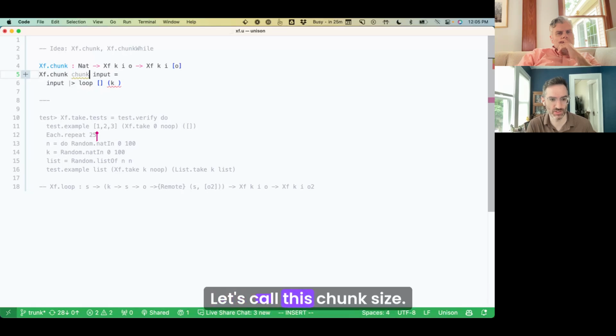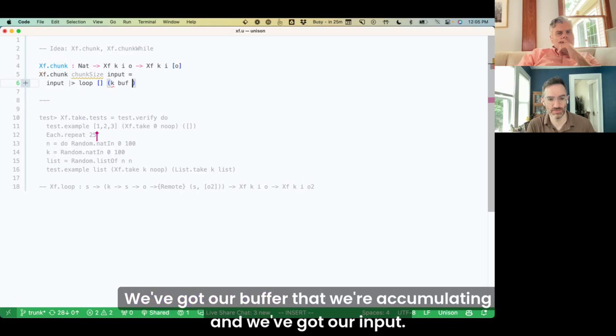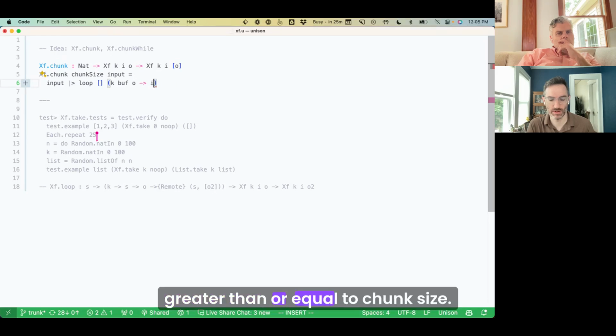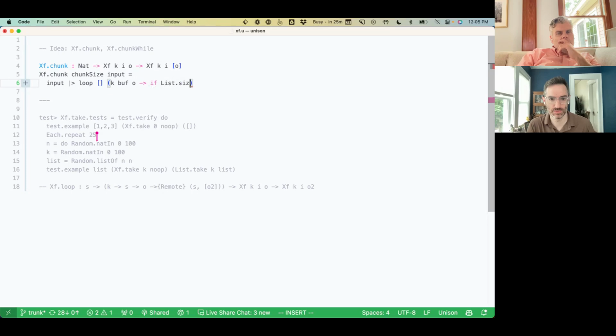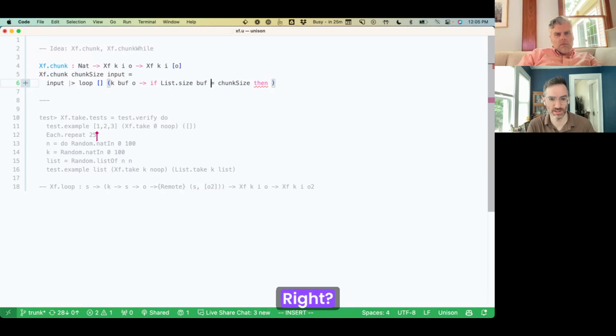Let's call this chunk size. We've got our buffer that we're accumulating, and we've got our input. I'd say if our buffer is greater than or equal to chunk size, then it's really if it's equal. There's no way it's going to be greater, right? I mean, you may as well say greater than or equal. It doesn't matter.